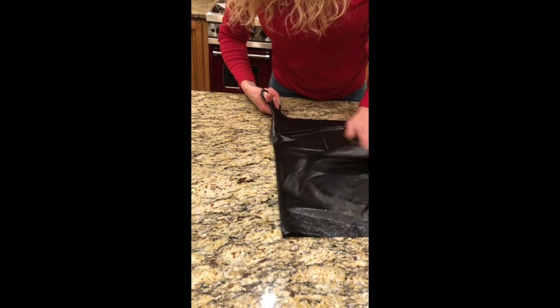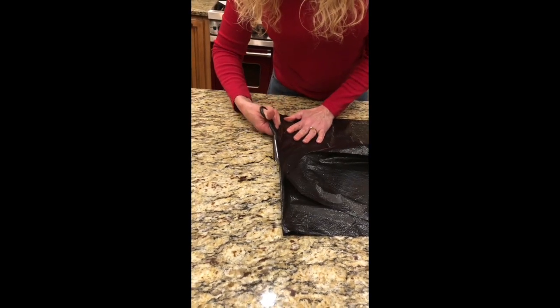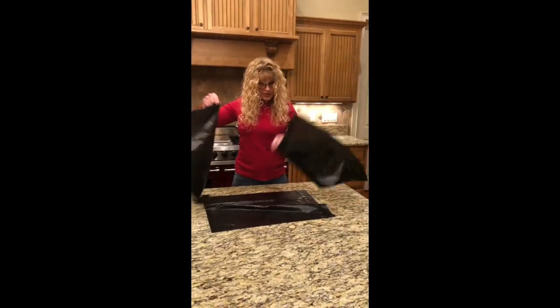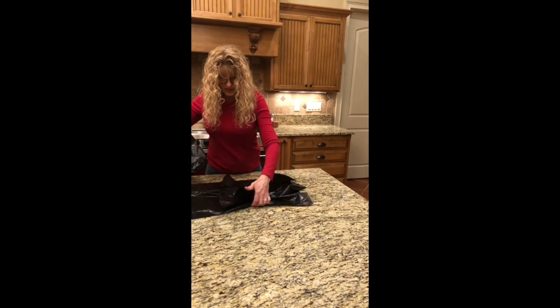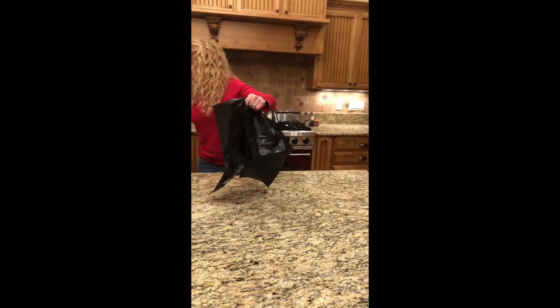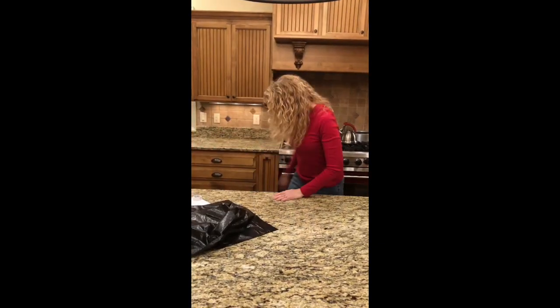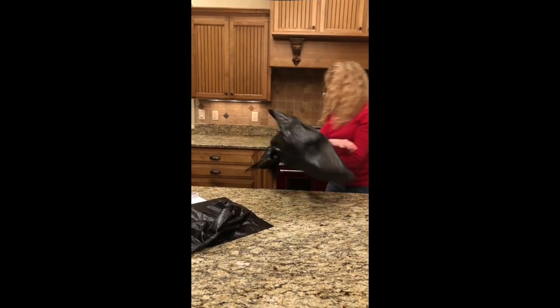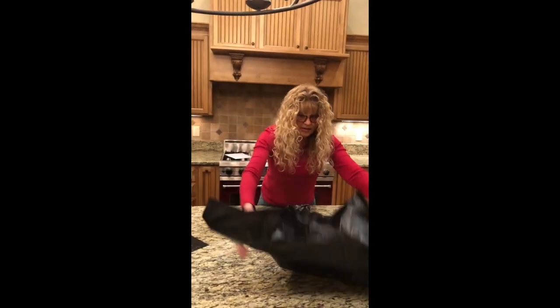Alright. So now I have 3 sleeves from this 1/3 of this segment. I'm only gonna need 2 for this garment, so I'm gonna keep these here and save my other sleeves for my next garment. Now, taking my first bag that I cut,